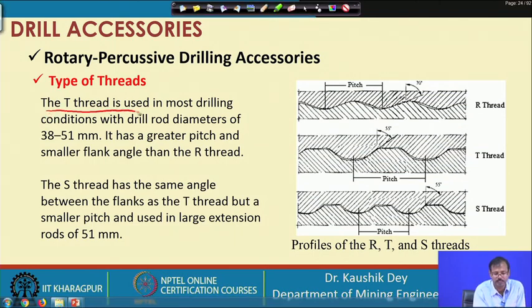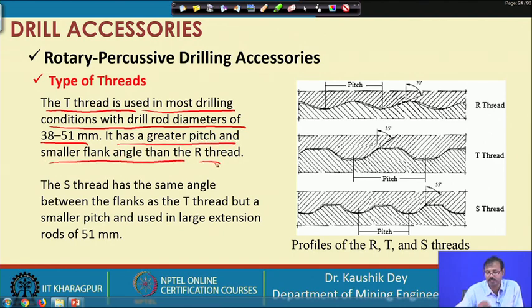T type thread is used mostly in drilling conditions with the drill rod diameters of 40 to 50 mm. It has a greater pitch and smaller flank angle than the R thread. So, you can say this is the R thread, which has a lower pitch. If you see, this has a lower pitch than this, the T thread, which has